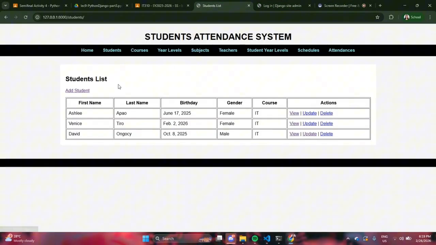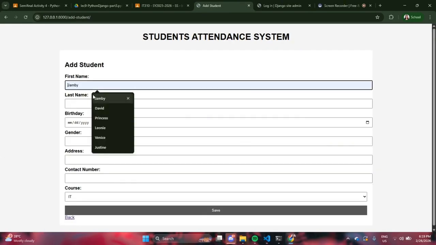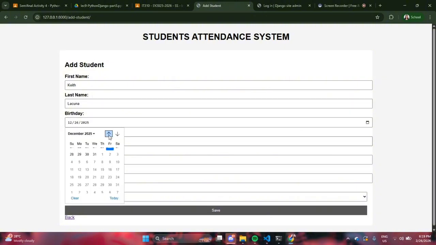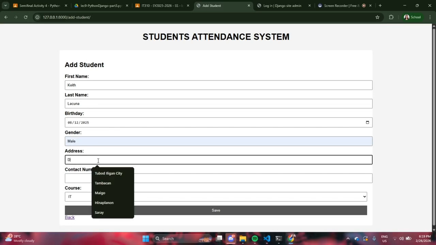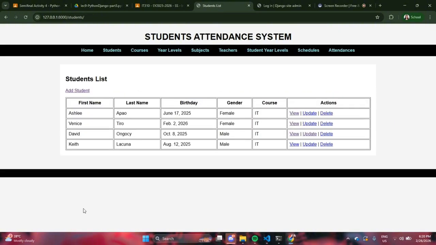Then the students. If I want to add a student, for example, save.